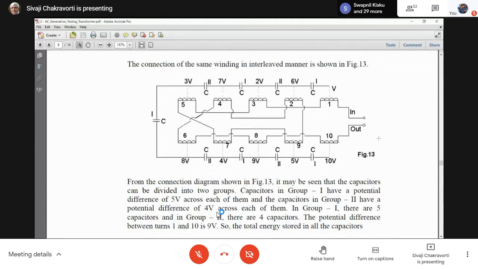Because I said that these coils are physically located in the same direction, same places. But now, see, if I connect the end of section 1 with the beginning of 2, the connection is very simple. How do I connect the end of section 1 with end of section 3? I think you are not understanding my point. Again, I will show you.